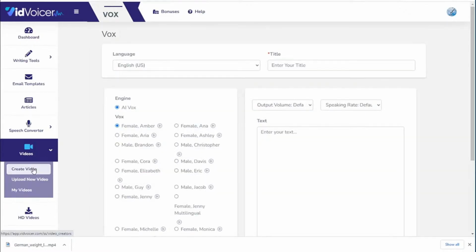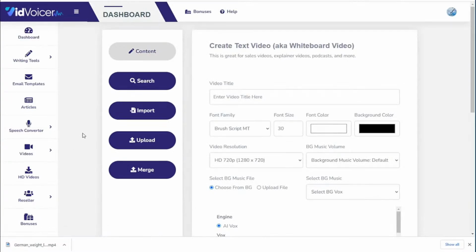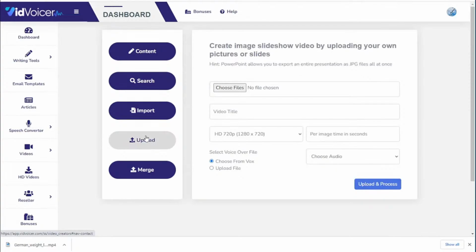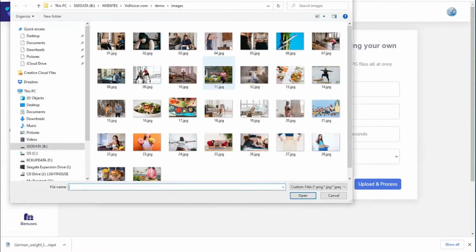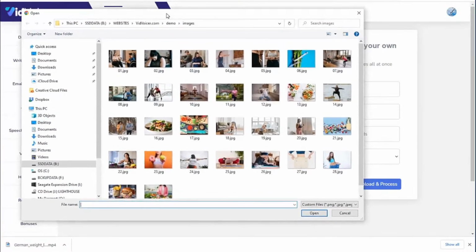So let's go back to videos, and I'm going to show you a couple of other ways that we can create videos. So I could click create video, and then we could actually upload our own pictures. So instead of using the search function where we just use the ones that our tool comes up with, maybe we want to use our own pictures that we took or some images that we found on our own somewhere, maybe on the internet. So we can click choose files,